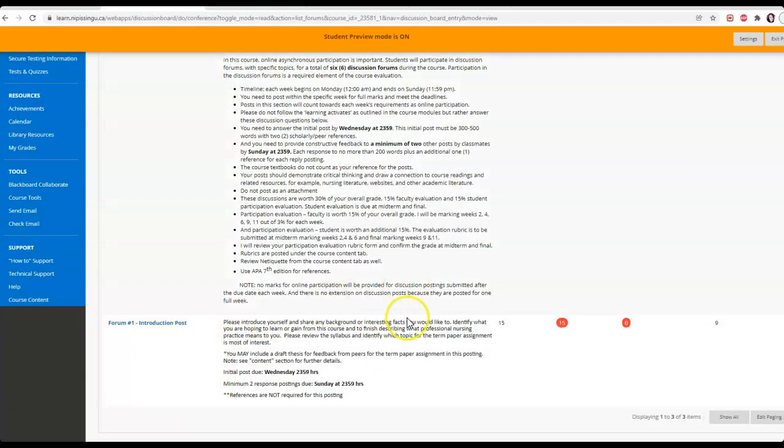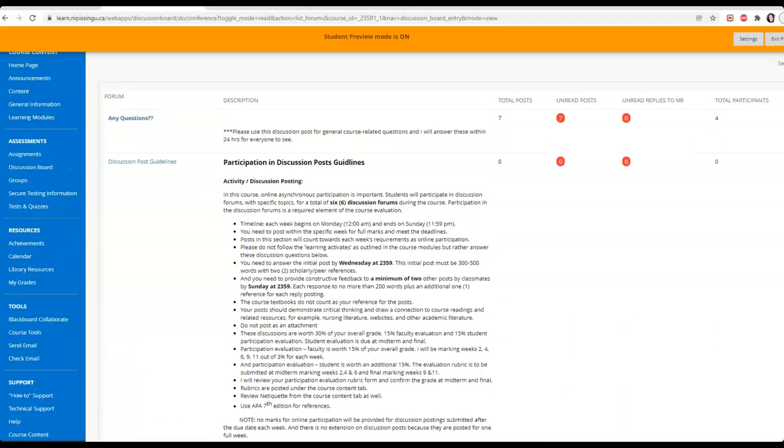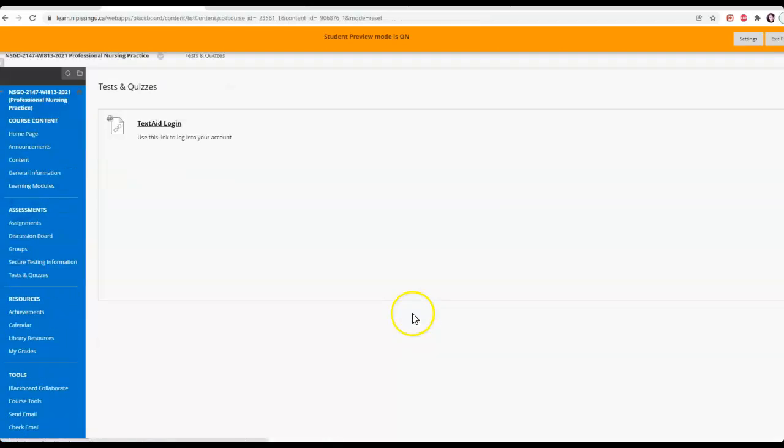And here is your first introduction post that is due this week. All the other forums, forum 2, 3, 4, 5, and 6, are going to be posted for those specific weeks, and they will be posted on Sunday, but due from Monday to Sunday. And your tests and quizzes are going to be available here. Once the midterm exam is available, it will be here, and your final evaluation exam will be